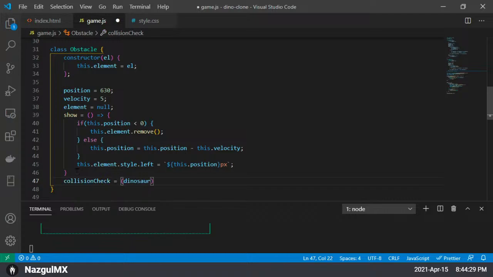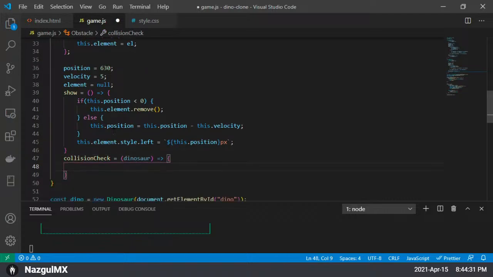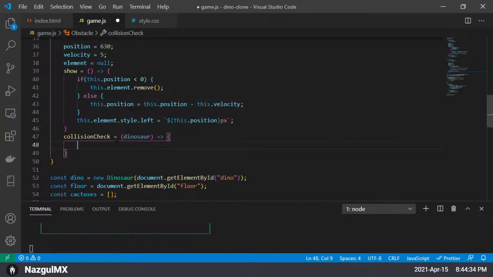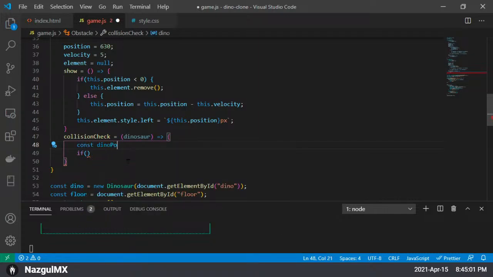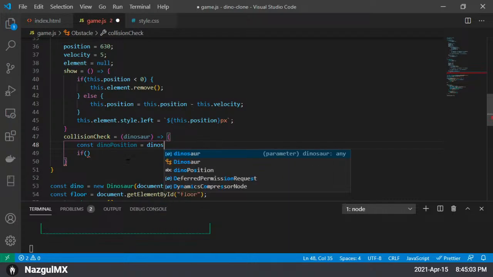So we have our dinosaur, and then there's a lot of conditionals for the collision check. So basically, actually, at first, const dinoPosition equals dinosaur dot